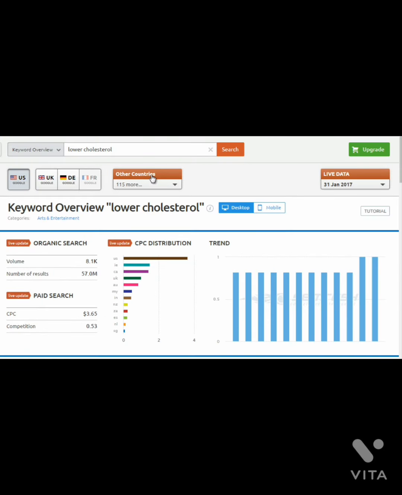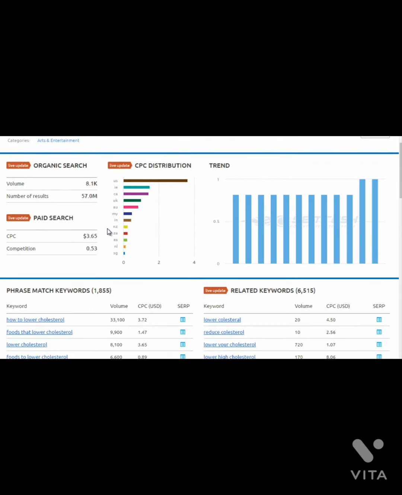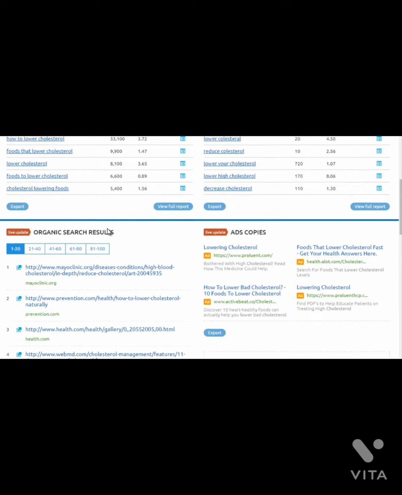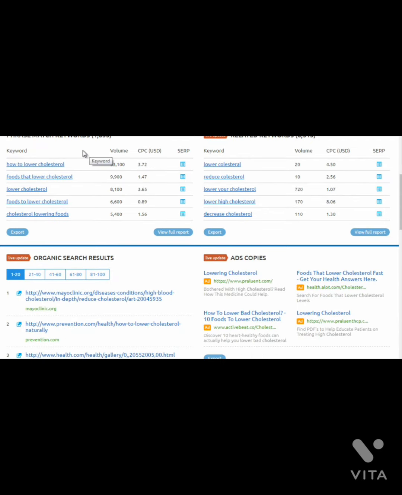So kind of following the topics that we've been talking about earlier. And as you can see here, you can choose countries, but I would advise just choose one country. As we scroll down, we can see phrase matched keywords. As far as lower cholesterol goes, we can see here how to lower cholesterol. We can see the CPC, or what advertisers are willing to spend. And that's a good sign.